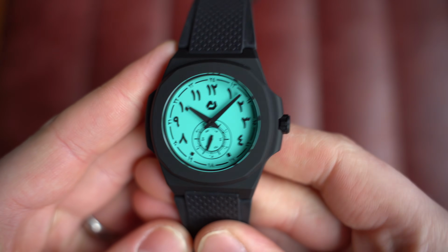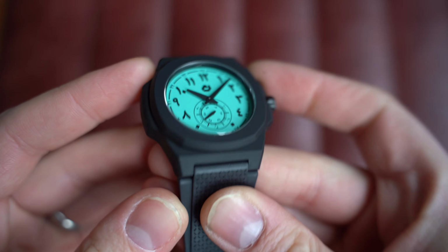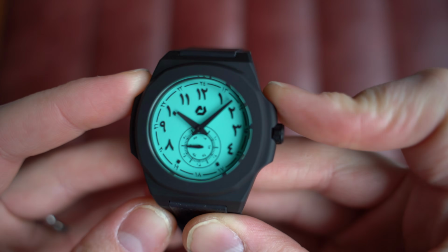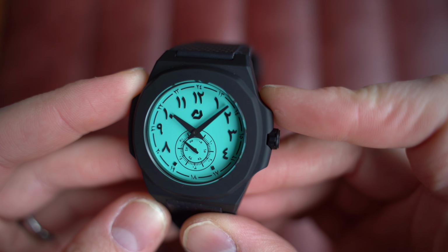Let's take a closer look. And talking about homages, this is definitely a homage to the Nautilus, but kind of like nothing they do. If you wanted this look from a Rolex Nautilus, you'd have to be modifying it, and that feels a bit wrong in my opinion. So go for something like this, which is very, very cheap and gives you a hell of a lot of fun for the money. This is the Noon Origin